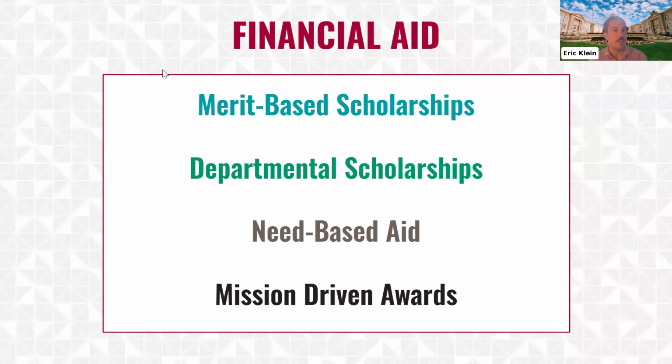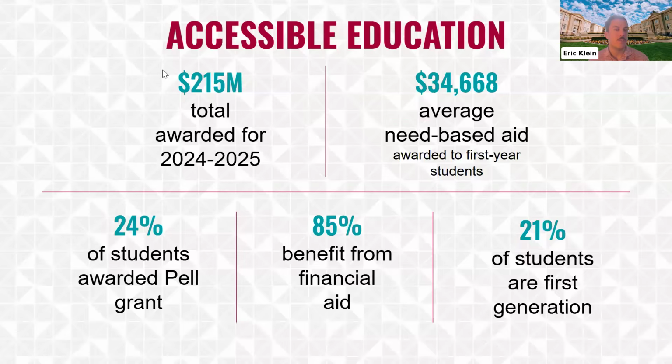If you want to be considered for any of our need-based or mission-driven awards, we would need the FAFSA on file, the free application for federal student aid. That is the main financial document that we utilize to assess a family's ability to pay for college. And then based on those calculations, there are some Chapman grants and other financial vehicles that we can provide based on that FAFSA submission. Average package that we're able to offer students and families is typically about $34,000 a year, and a large majority are receiving something. About 85% of our students and families are receiving some sort of financial assistance from us.